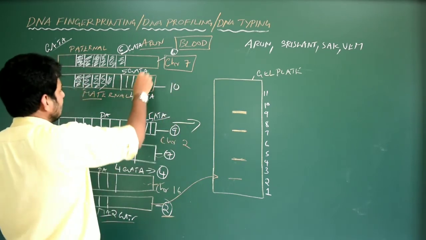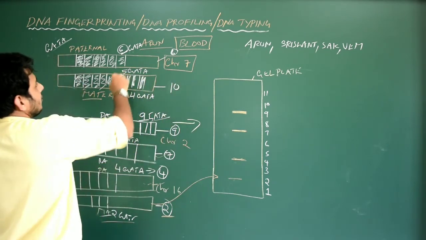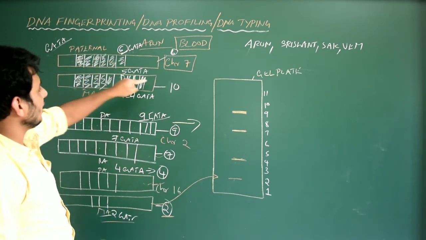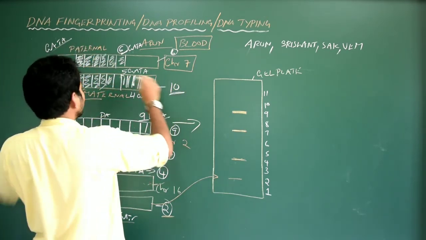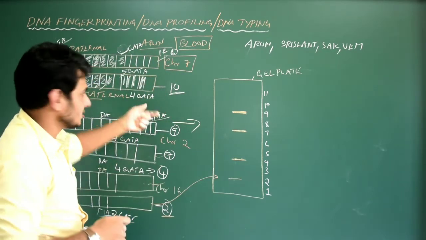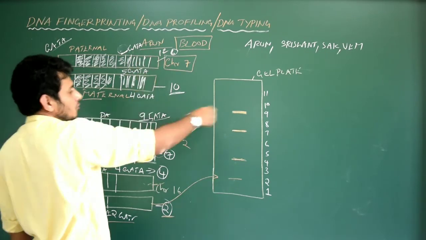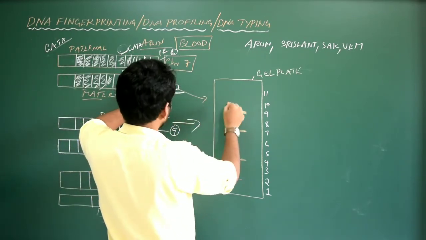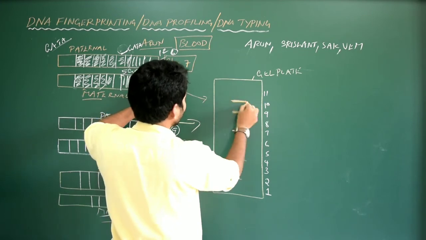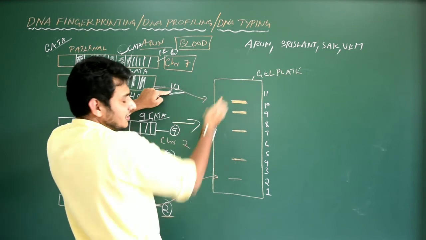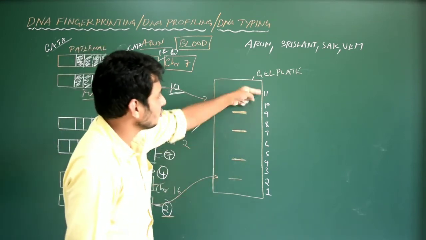So understand that in chromosome number 7, in the maternal chromosome we have 10 tandem repeats. Okay, we increase it to 12. Hope you can understand it. Okay, we will increase it, so it will be easy. Now what I am going to do is, in this case 10 tandem repeats are there, so I am going to get a band here which is a bit thicker. Compared to this, that means the thickness is increasing as we move from 1 to 11.